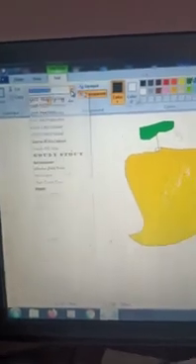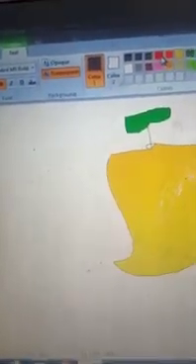Now this is the text tab where we select the font, which font we want, and the size, increase or decrease, whatever size you want. Then bold, italic, and any color if you want, you can easily select the color. And now type here.